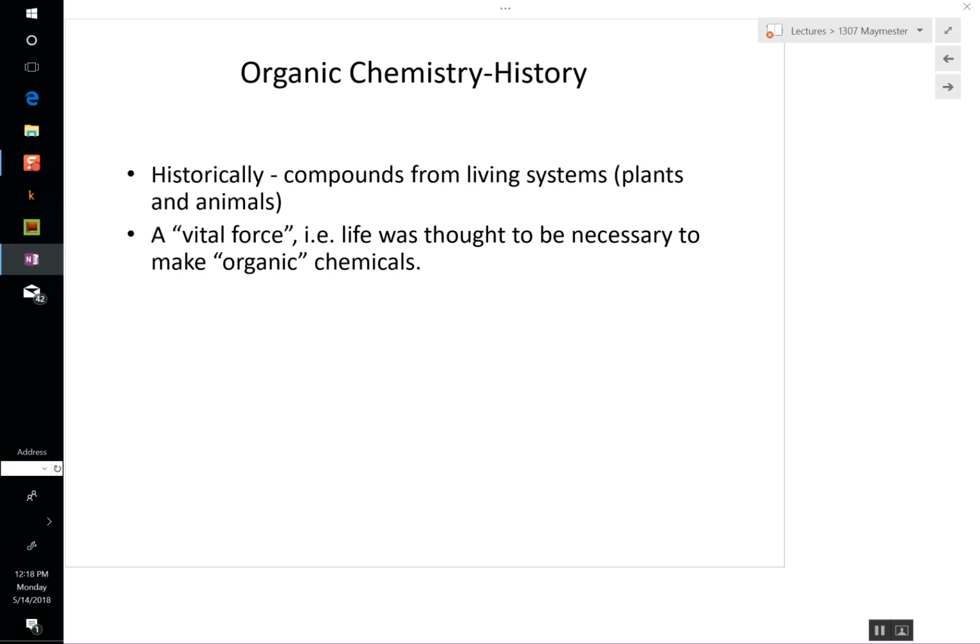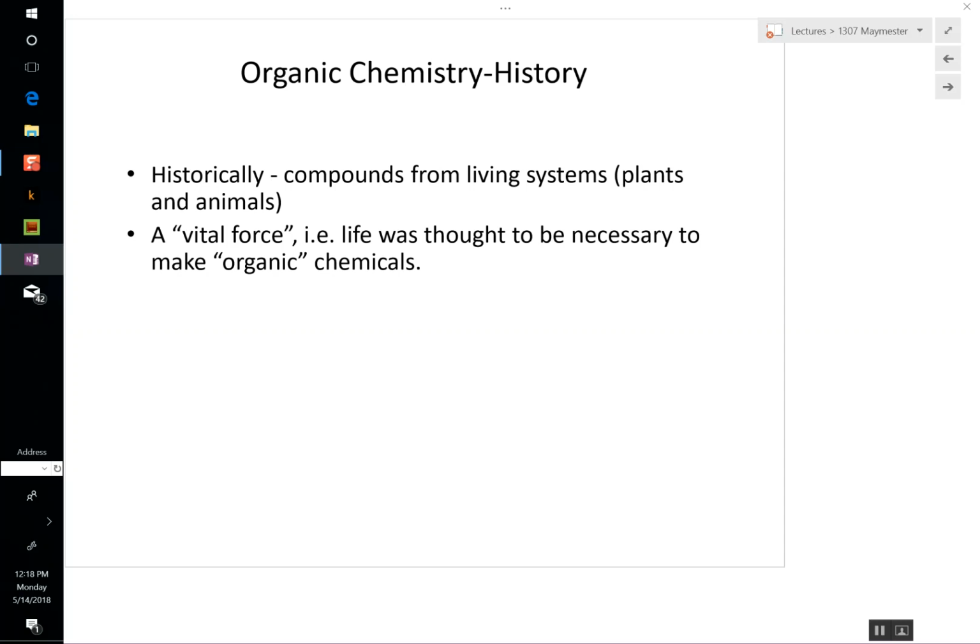Except things like carbonate, calcium carbonate that's in our water has carbon in it, or CO2 that we are exhaling, it is considered an inorganic molecule. But anything else that had carbon in it came from a living system. In fact, the first chemist that synthesized in the laboratory a carbon-based compound was laughed at. It's like, you can't do that. Only living things can do that. So when you relate the word organic to living, that's where it came from.